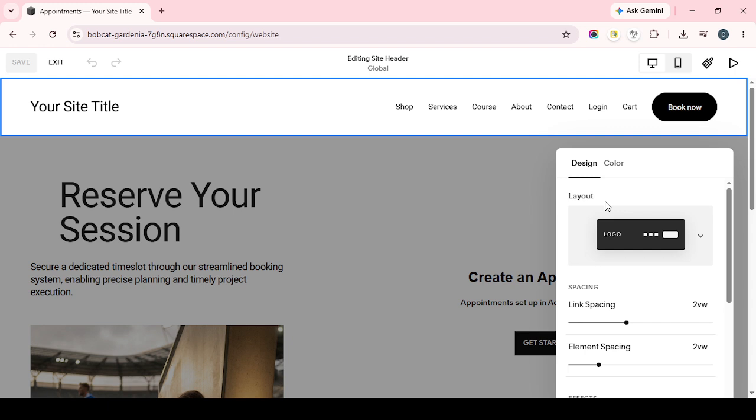Once everything looks the way you want, click Save to apply your changes. That's it. Your updated button styles will now reflect the design choices you made,